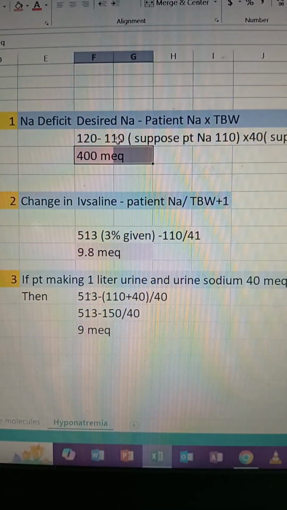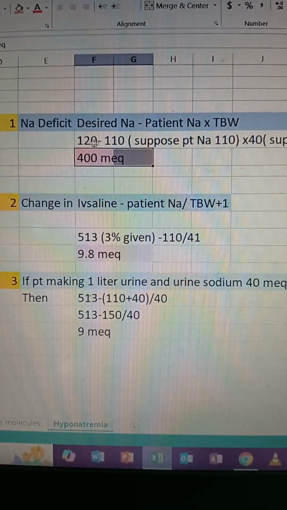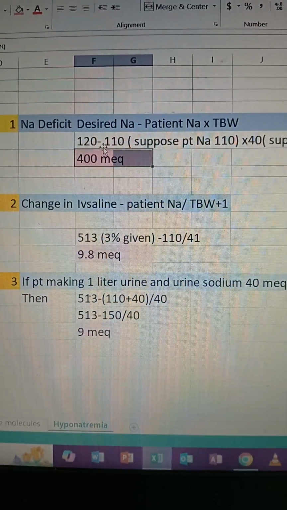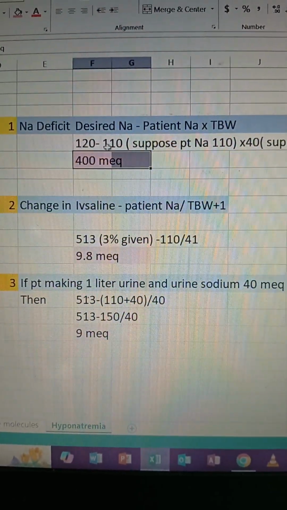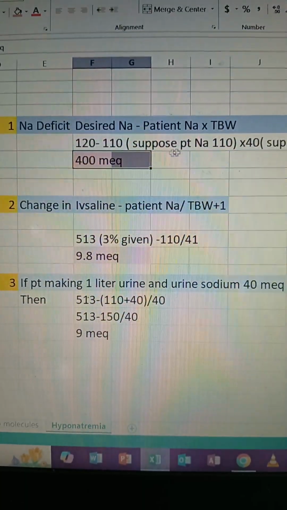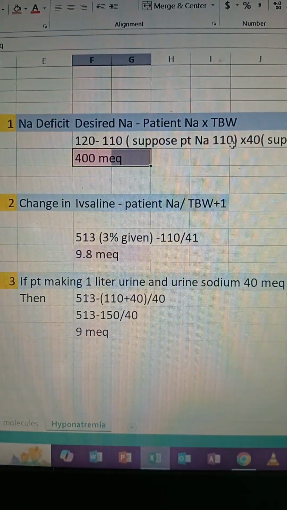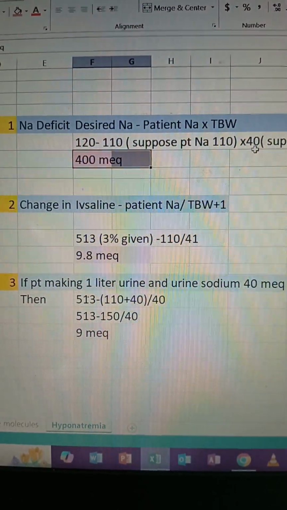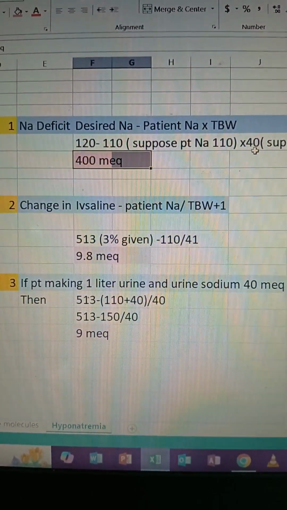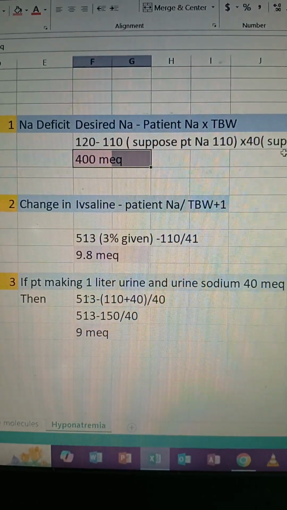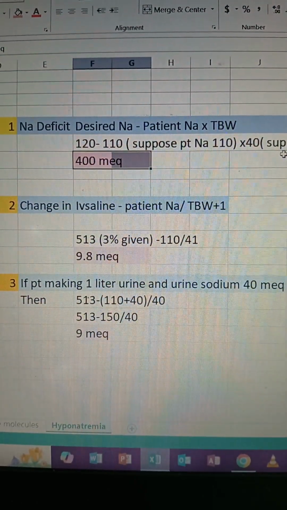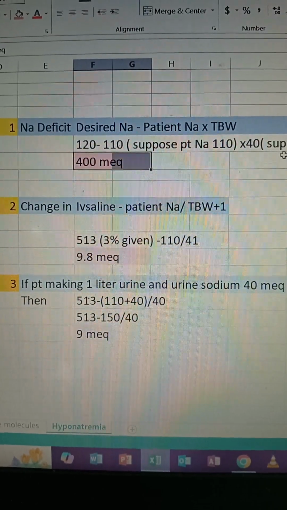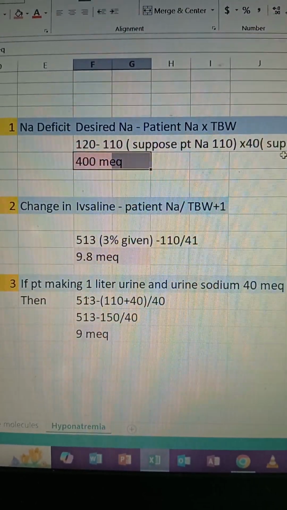So if the patient is admitted with sodium 110 and my desired sodium is 120, then I need to take the deficit. So I have to subtract 110 from 120. Suppose the patient's sodium is 110, we already discussed. And here the 40 is basically the assumed total body water. Suppose someone who is admitted weighs around 70-something, but the total body water comes out as 40